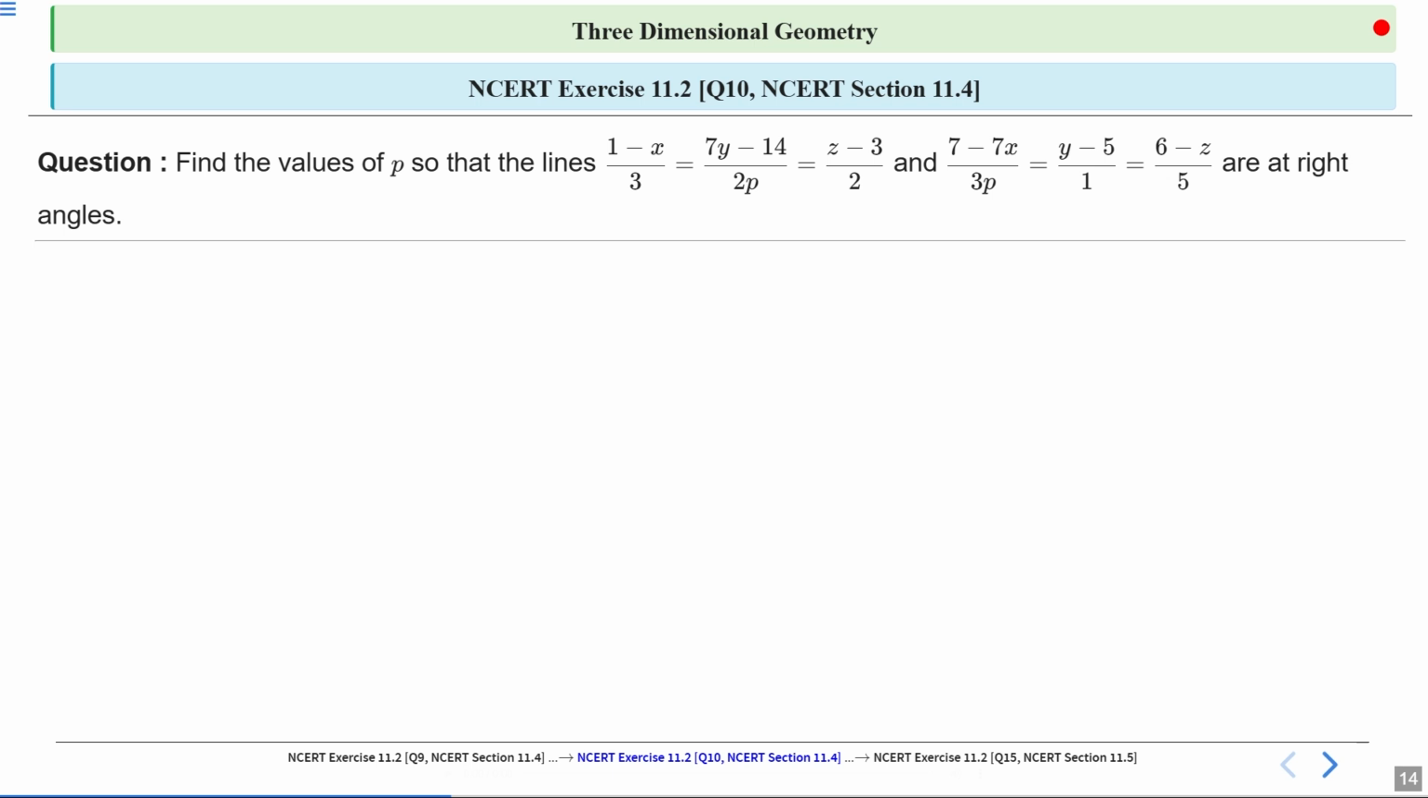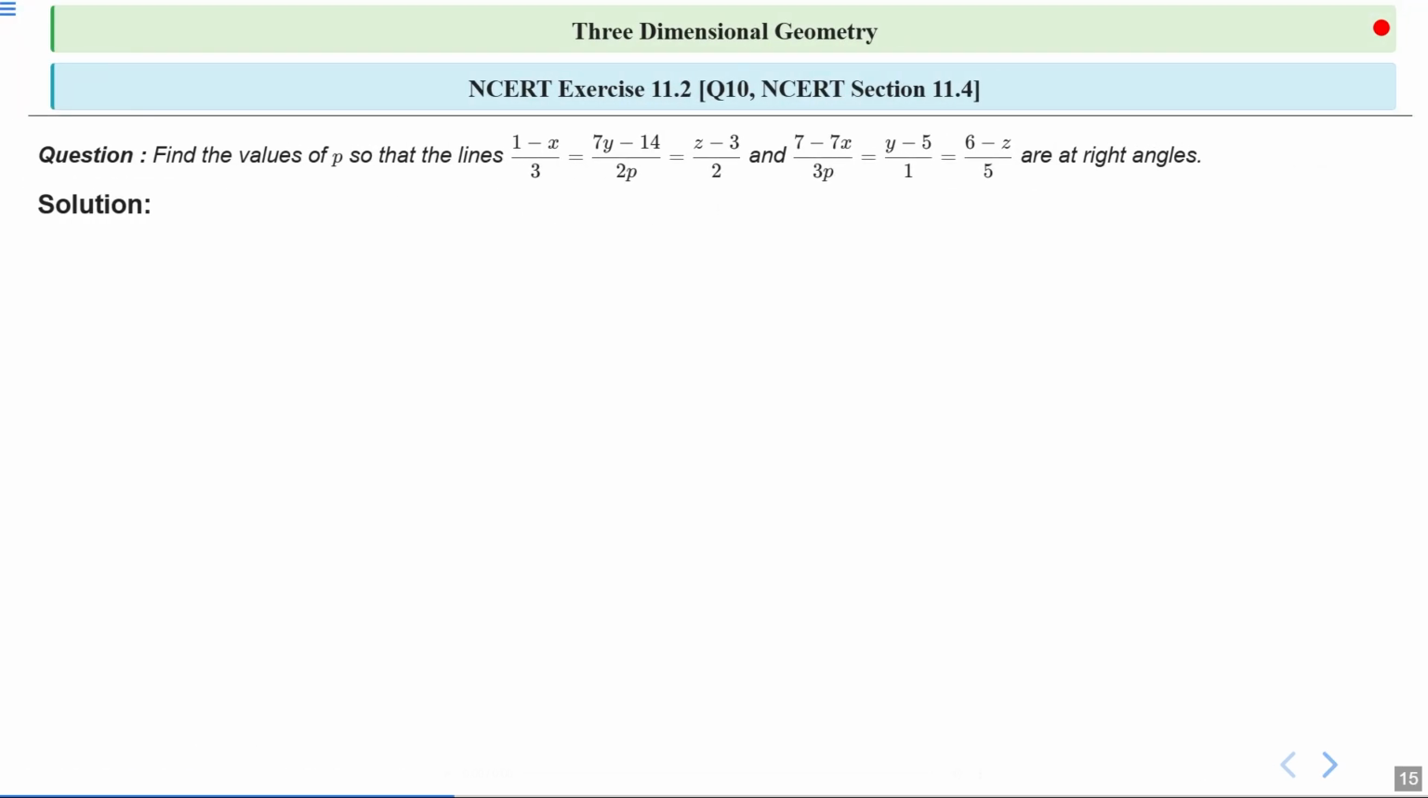Right, let's solve the given question. How can we solve this? Let's start the solution. The given equation can be written in the standard form as